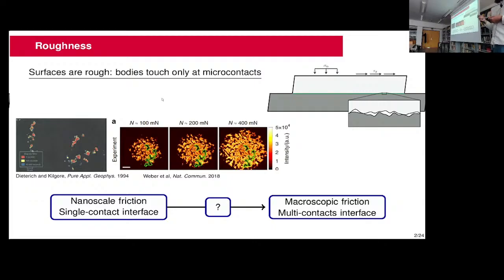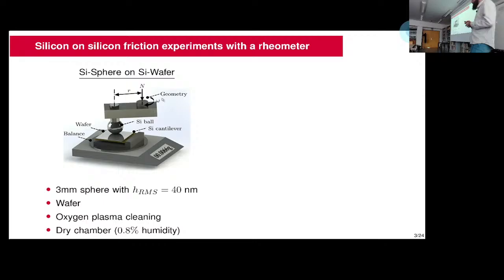We did some experiments to try to visualize this change from single contact to multi-contact asperities, and to try to see if we can understand how the friction of these different systems evolves. So to investigate this topic, we do experiments using a rheometer, so not usually used for friction experiments, but more for rheology. But what we did is that we take a silicon ball that we clamped at the end of